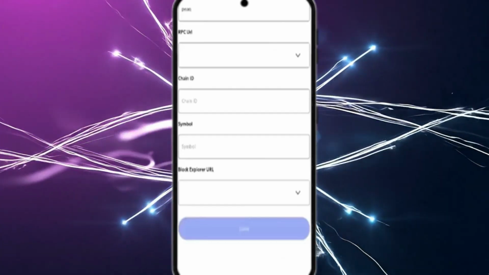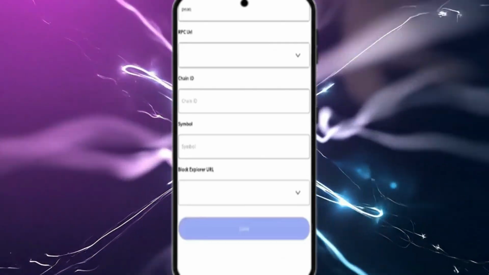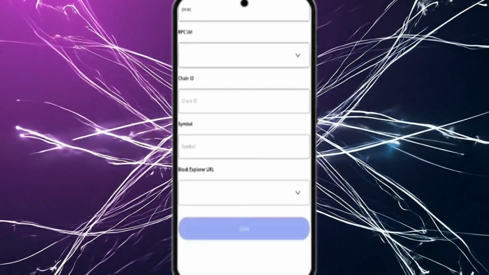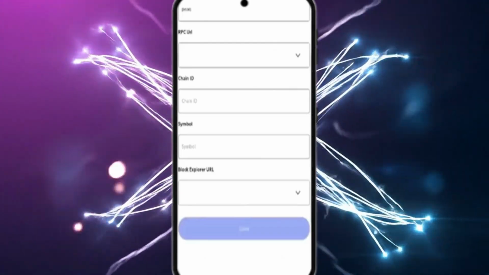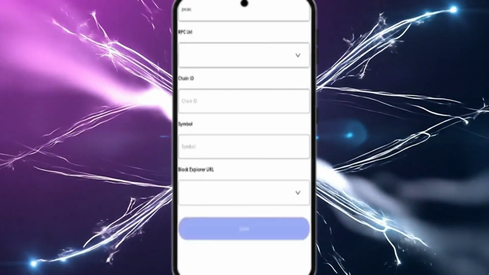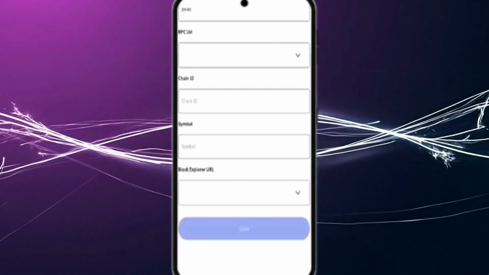connection issues. Then add PAQ as the currency symbol so balances display properly, and include the Block Explorer URL if available to track transactions. Double-check all details before tapping Save, and once added, you can switch to Peaq anytime from